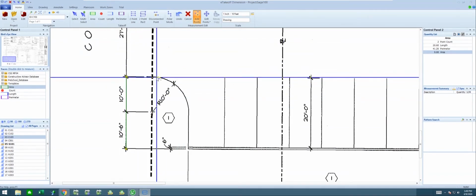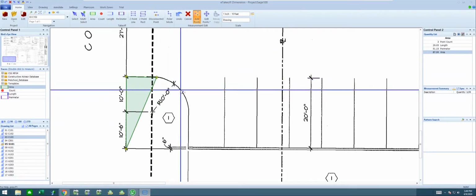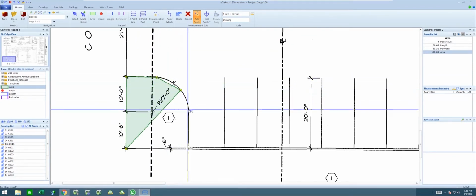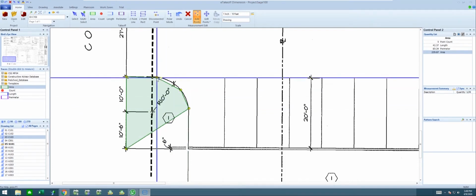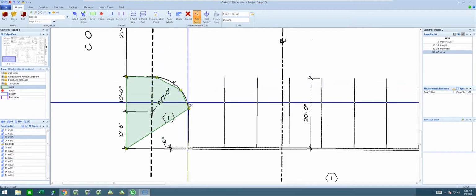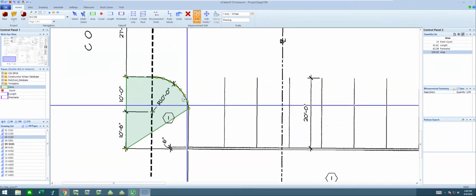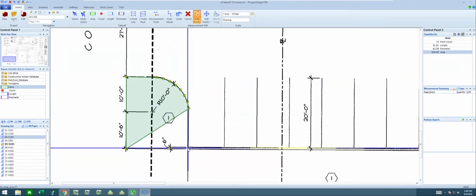Then I'm going to come to the edge of this curve or arc. I'm going to also hit the center of it, and I'm going to hit the end of it. Basically, an arc can be a matter of 3 points: the beginning, somewhere in the center, and the end. If I hit the letter C for curve, it'll go off, and then I can come back along. So that's where I've got that one.